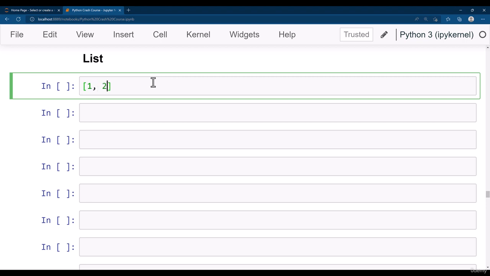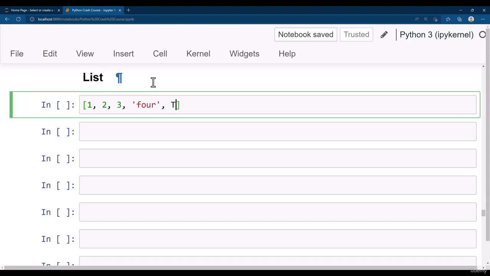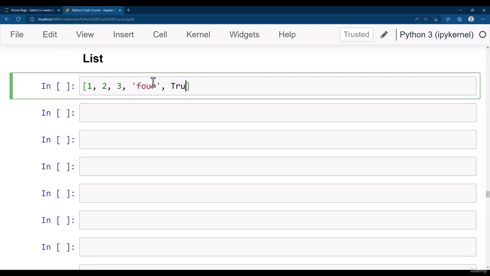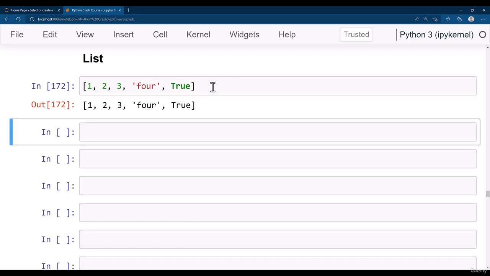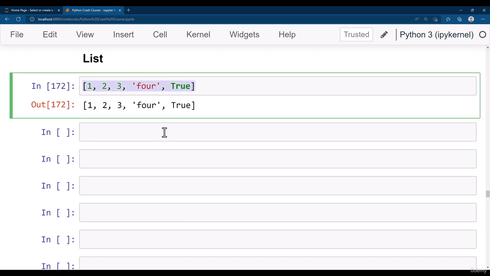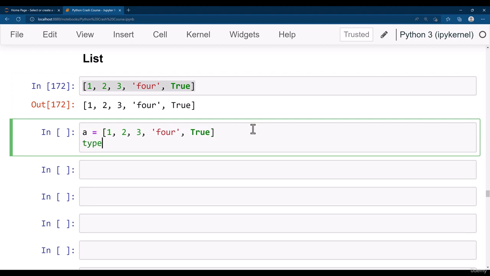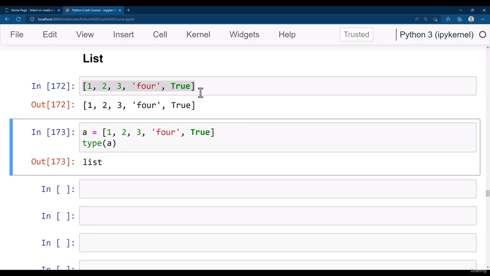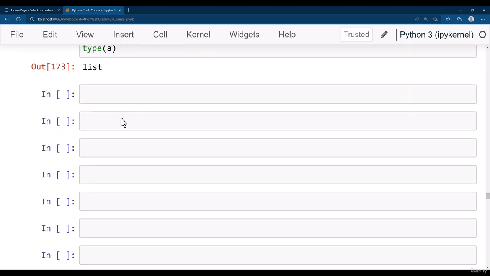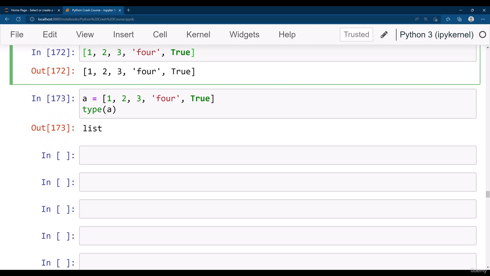Then you can define something like this. You can put a string here as well. You can put a Boolean variable as well. So this is the list. All right, if we copy this and paste it here and provide it to a new variable a, and if you get the type of this new variable a, you will see that the type of this variable is